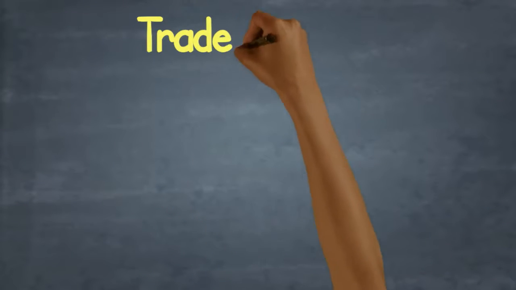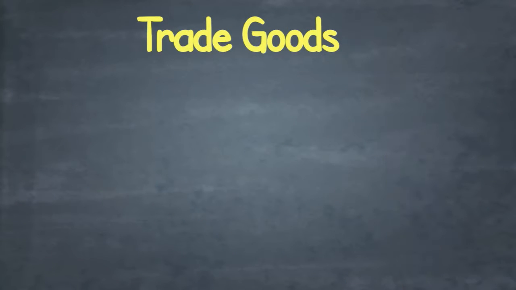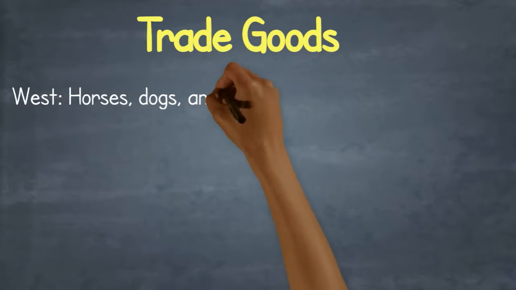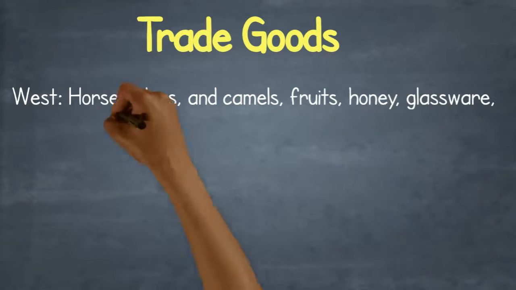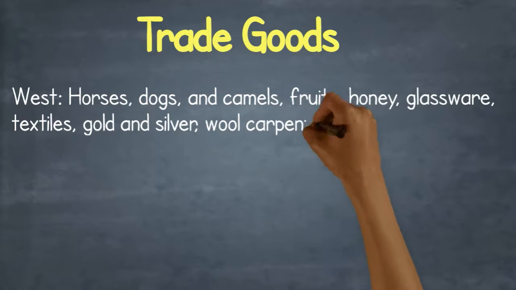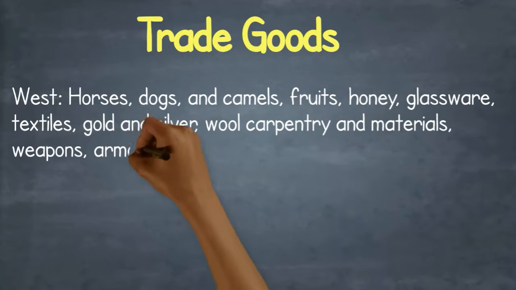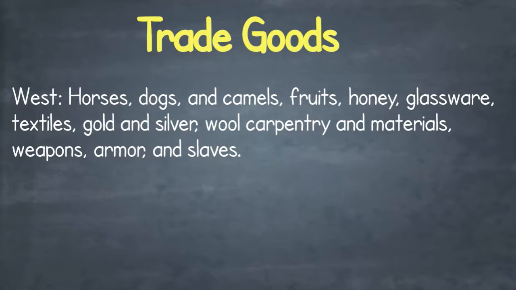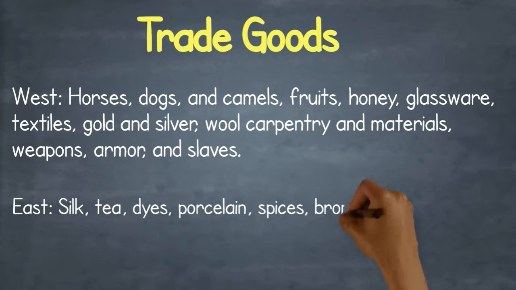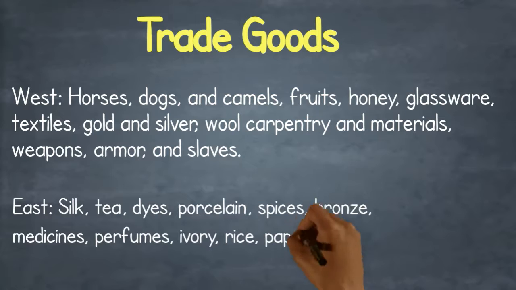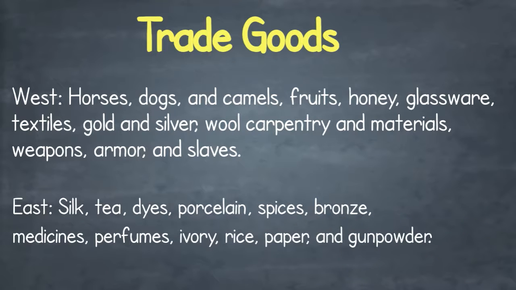The Silk Road was used to transport many goods to and from ancient Asia. Goods that came from the West included animals such as horses, dogs, and camels, fruits, honey, glassware, textiles, gold and silver, wool, carpentry and materials, weapons, armor, and slaves. Goods that came from the East included things such as silk, teas, dyes, porcelain, spices, bronze, medicines, perfumes, ivory, rice,